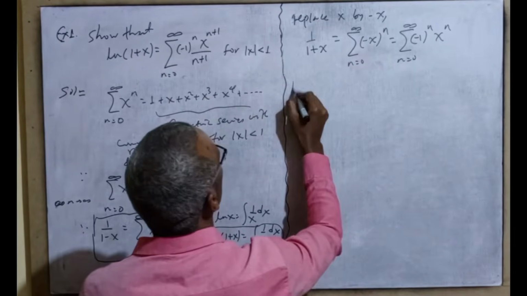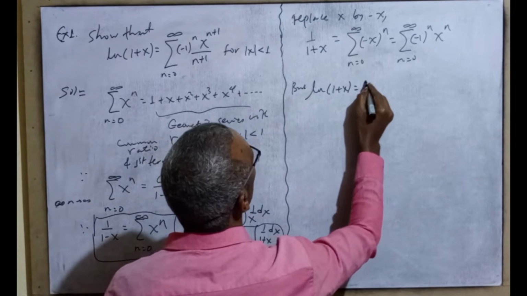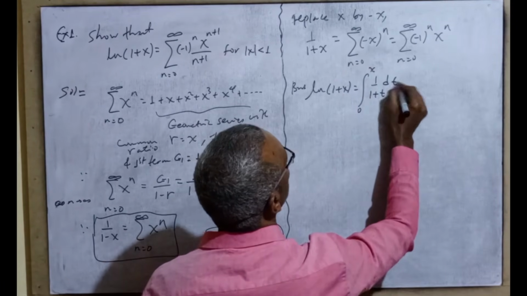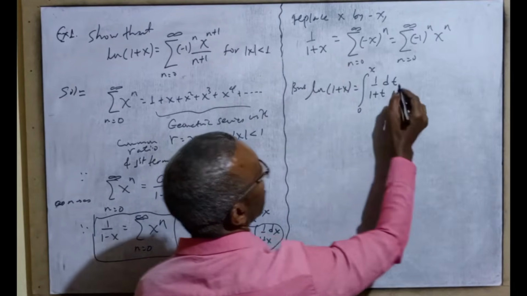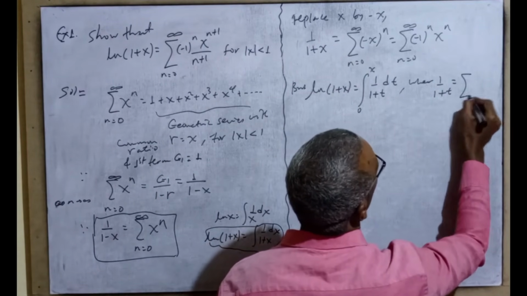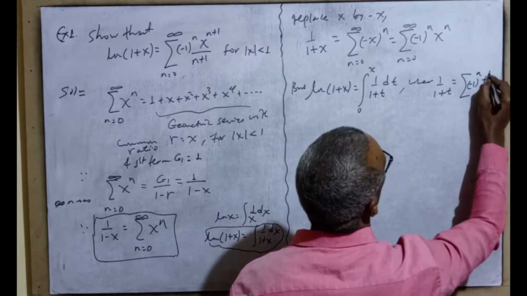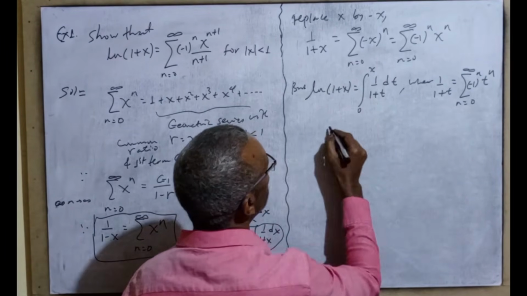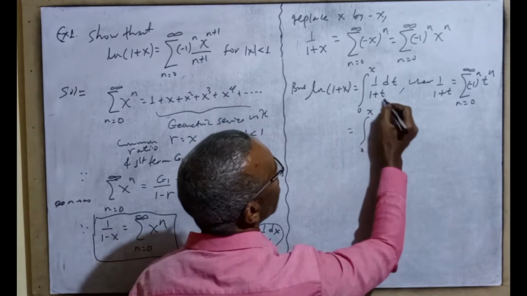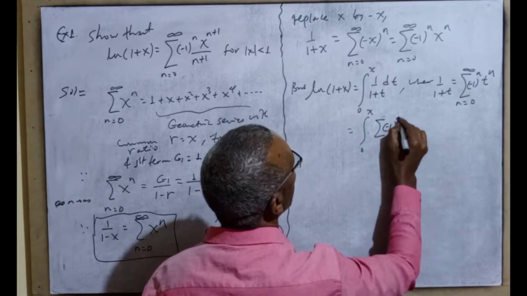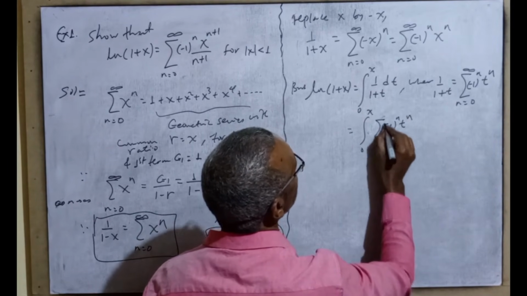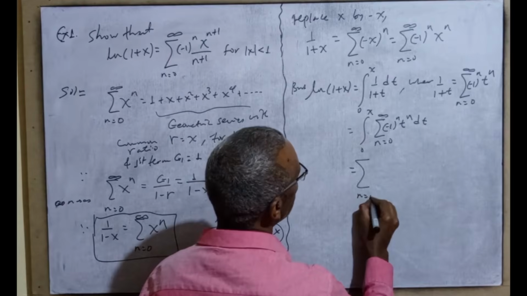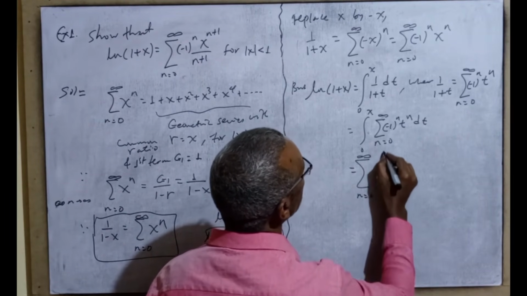but ln of 1 plus x ማለት ነው the integral of 1 over 1 plus t from 0 to x of dt ማድረግ ይችላል where 1 over 1 plus t ማለት ምን ማለት ነው the sum of minus 1 raised to n t raised to n where n runs from 0 to positive infinity ማድረግ ይችላል ማለት ነው. ስለዚህ ይሄንን በዚህ ሰብስቲዩት ባደርግ ምን ይላል ማለት ነው the integral from 0 to x of 1 over 1 plus t ማለት the sum of minus 1 raised to n t raised to n runs from 0 to positive infinity of dt ይሆናል. this is equal to summation ከውጭ ወስጄ n from 0 to positive infinity ያርጌ the integral from 0 to x of minus